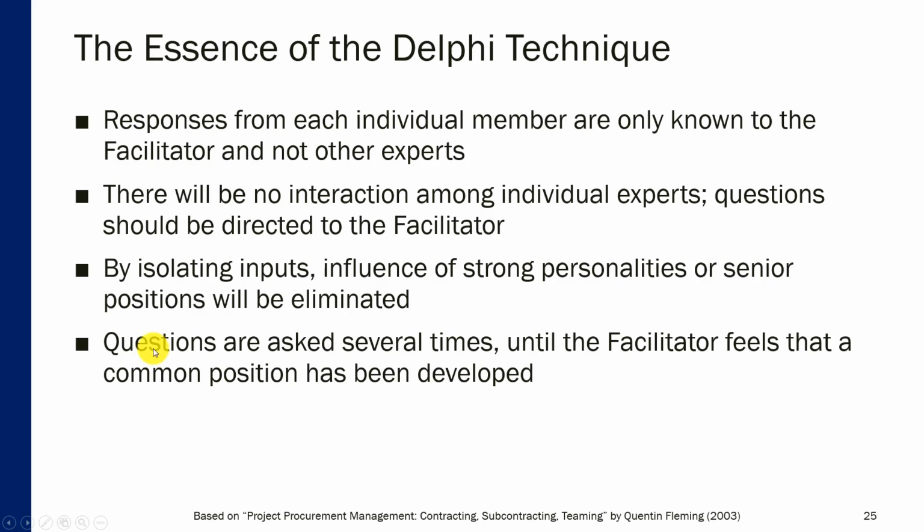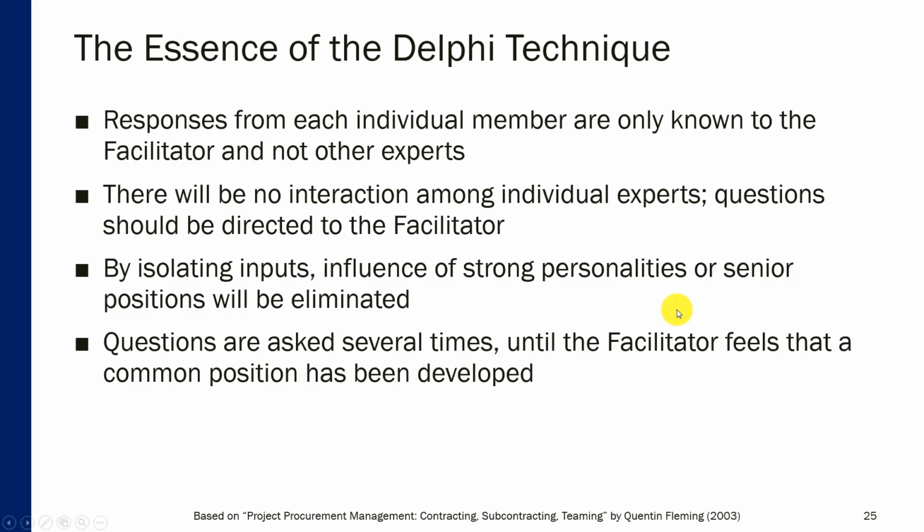And then I ask the same questions that the facilitator has prepared, several times. In other words, there are rounds or iterations in the process. So a facilitator may prepare a preliminary list of questions, and then based on those questions, there will be a preliminary risk register, and then questions can be asked one more time, and then during the second round,